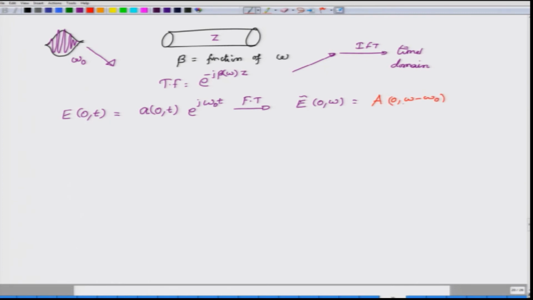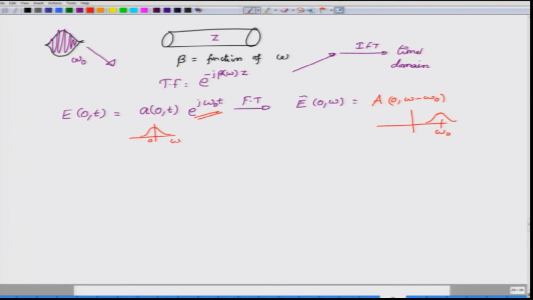All that we are saying here is that this A of 0 t has a spectrum which is centered at omega equal to 0, whereas this transformed one has a spectrum centered at omega 0, and this translation in frequency is what we have done by multiplying by e power j omega 0 t. Of course, I am only considering the positive frequency components here, because that is enough for us to understand. Otherwise, I should actually consider both positive as well as negative frequency regions. Okay. So, this is my Fourier transform.